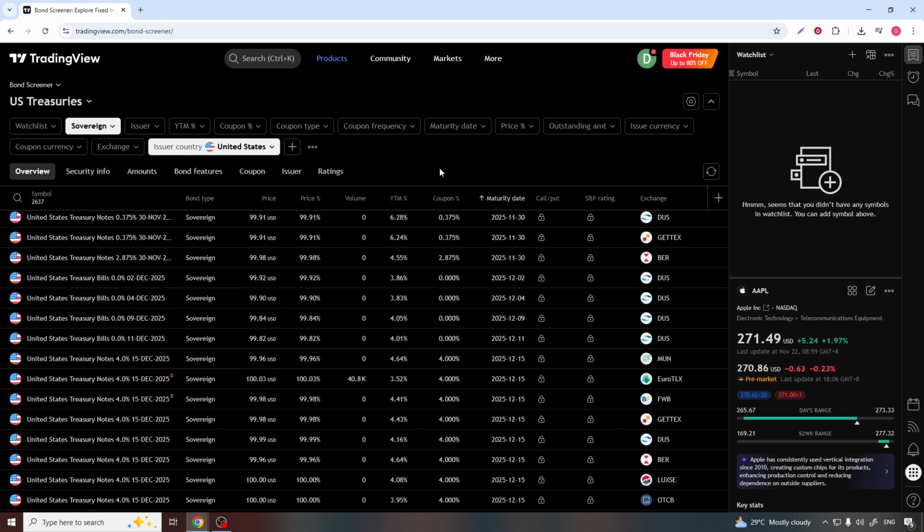And that's all there is to it. By navigating to the screener page, spotting the bond screener option, and clicking it, you unlock a powerful way to analyze and compare bonds directly inside